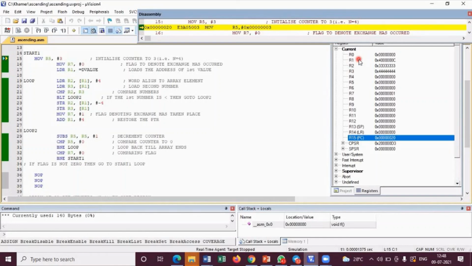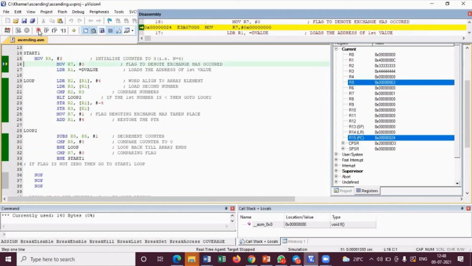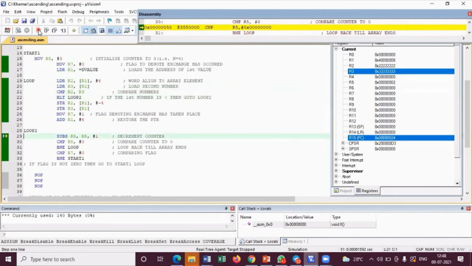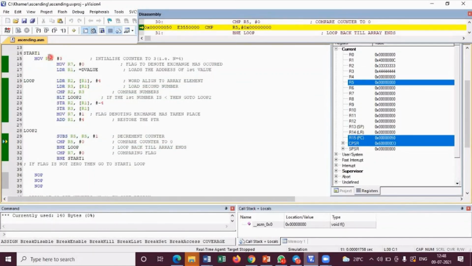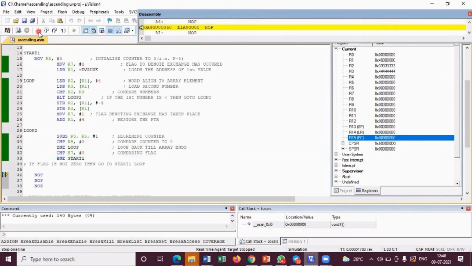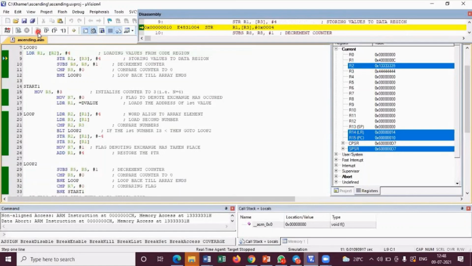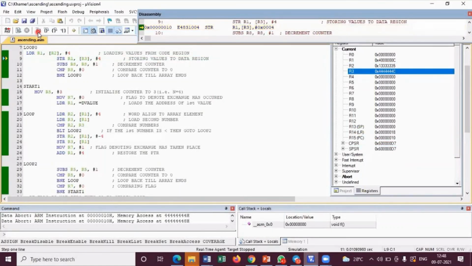R1 is a pointer. R1 will increment, R1 will decrement. It will be comparing again the two numbers with these two registers. R1 increments, R1 decrements, everything happens, and therefore the same process will be repeated 3 times, because R5 becomes 3. The R5 count should be 0. So I'm just going through it in a random manner. Then when it comes to NOP, these 3 instructions, it will stop. It has stopped. It is not going anywhere.